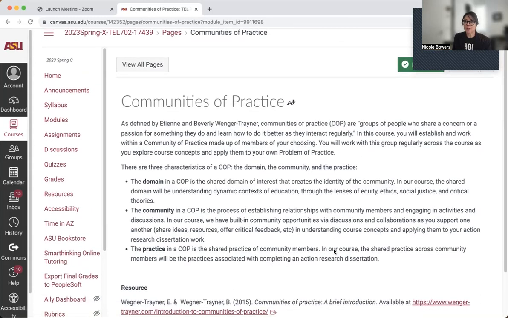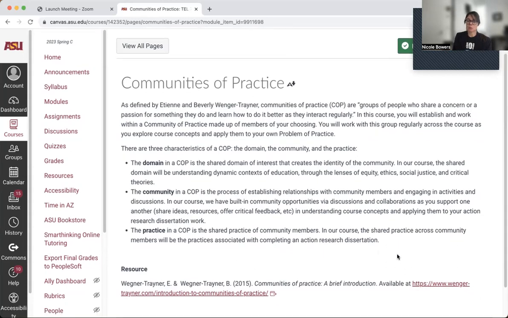I know you've heard a lot about communities of practice as you've been in this program, and we are going to develop one this semester where you will be meeting synchronously with some of your peers. There's two reasons for this. First is to help you practice these peer relationships that you're going to be using next semester when you start your LSC dissertation work and you're working with a community of practice when the stakes are a little higher.